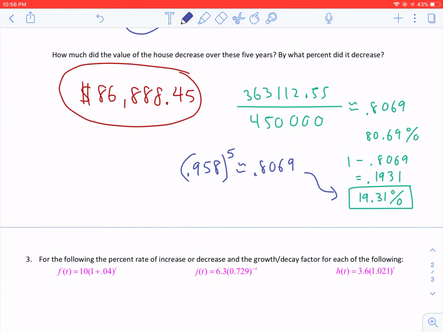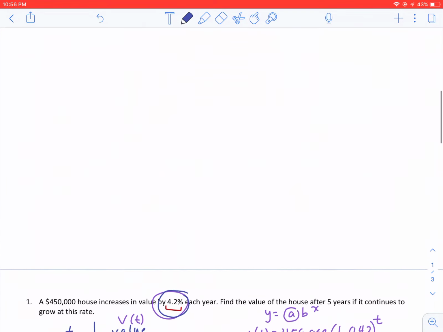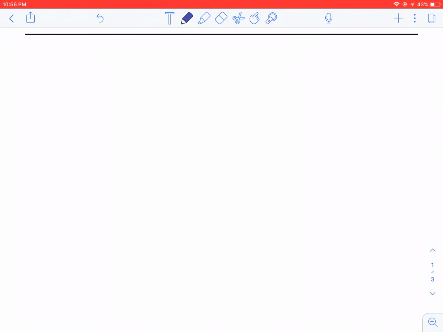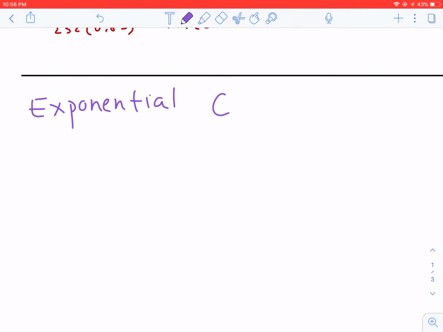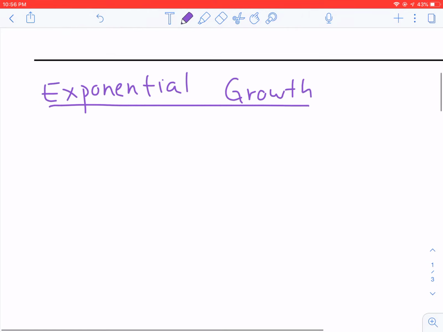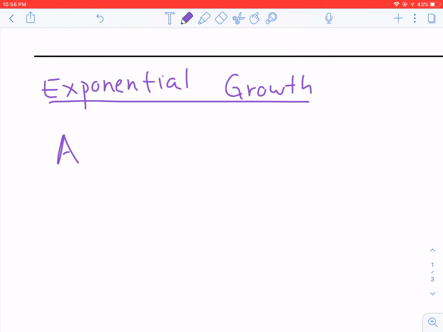All right. So for exponential growth and decay, here are some formulas you can use, but hopefully those two problems we did kind of make some sense. But if you're looking at exponential growth, here is a formula for exponential growth. We can say the final amount, or the value of something, is going to equal its initial value, let's call that a sub 0, times,